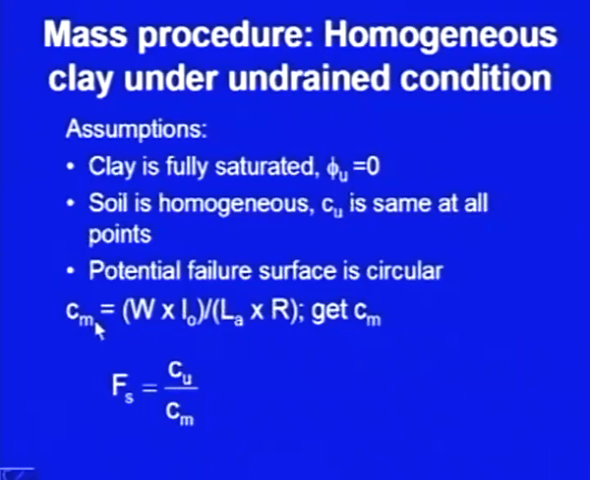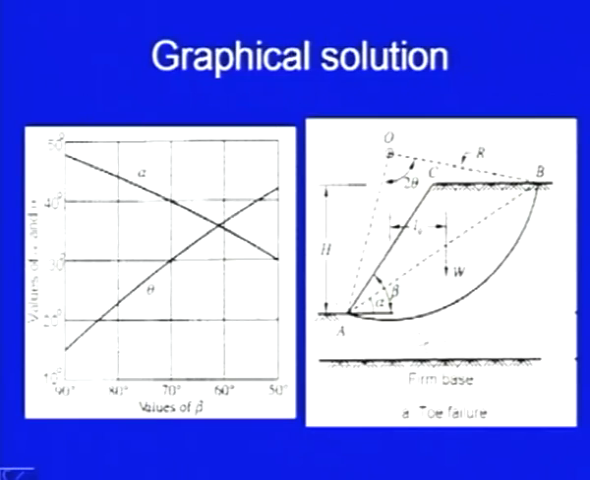So, once we get that Cm, the factor of safety can easily be found out by dividing Cu by Cm. Cu is the available strength, the available undrained shear strength. So, Cu upon Cm, this is the mobilized value. So, Fs, factor of safety, is Cu upon Cm. So, this is what we had discussed last time,